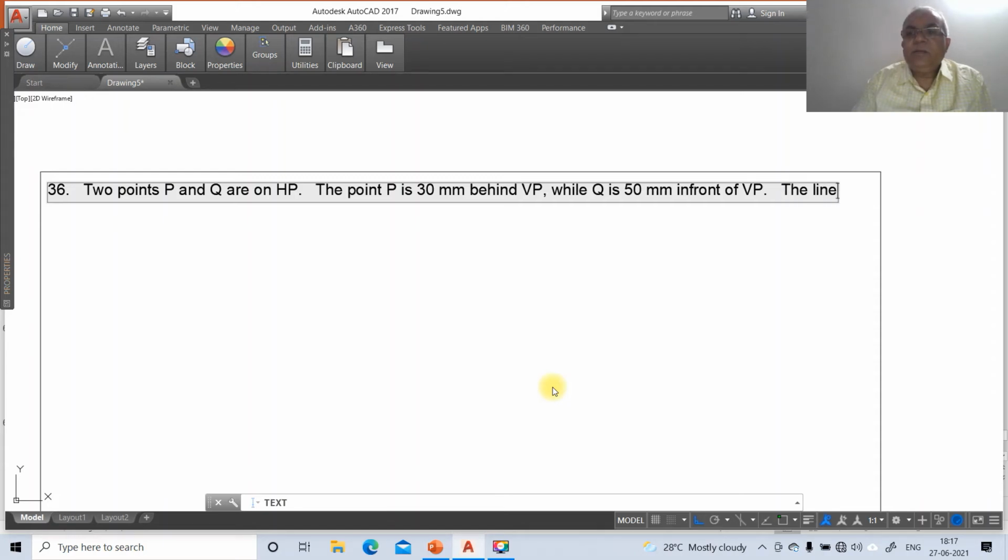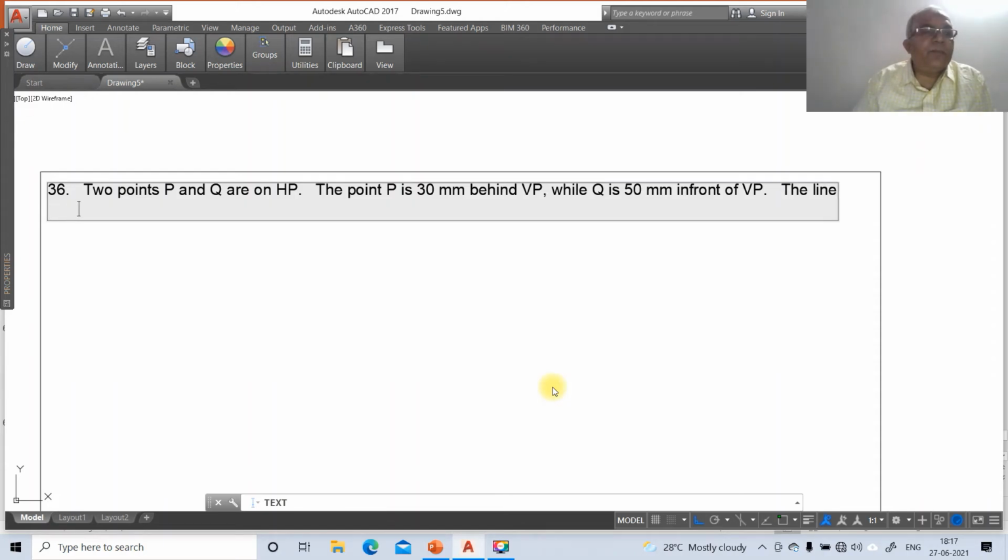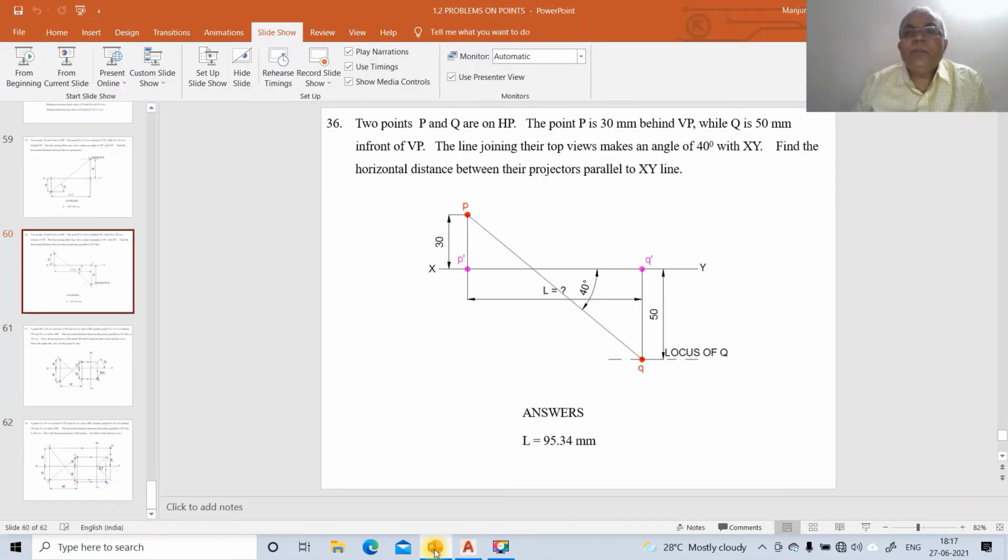The line joining their top views makes an angle of 40 degrees with XY.